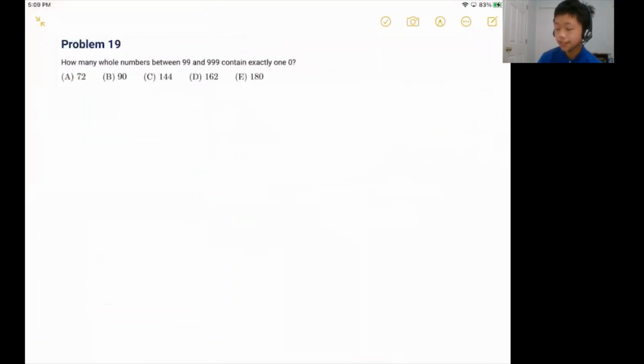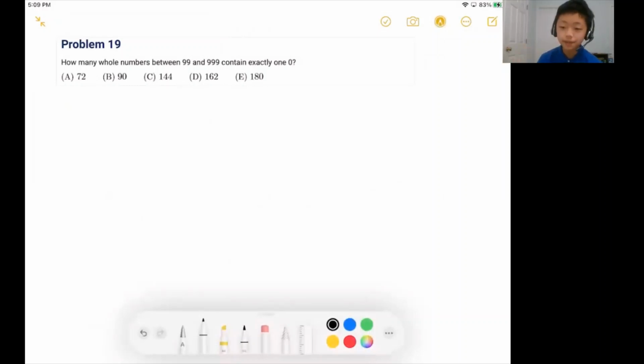Question 19 is a pretty common counting problem. In this question, we want to know how many whole numbers between 99 and 999 contain exactly one 0. So this is a pretty standard counting problem. Before we talk about how you do this question, it's slightly ambiguous, because